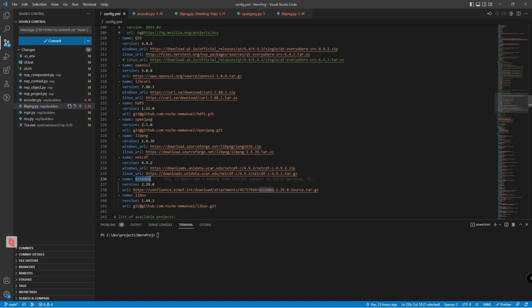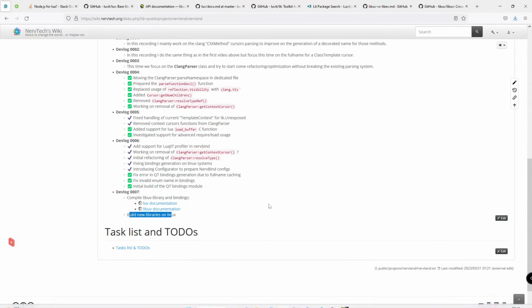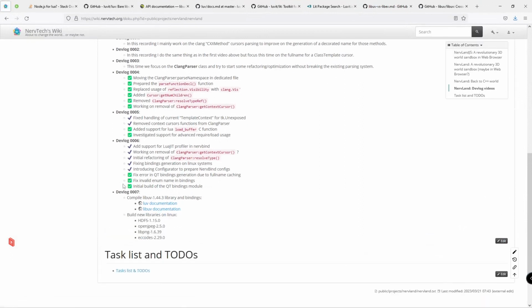Then we didn't build netcdf. We might get back to that at some point, but not right now. ecCodes 2.29.0, and libUV, we've done that already. In fact, I should specify at the top the libUV version, 1.44.3. Okay, so this is an updated list of tasks that we covered in this